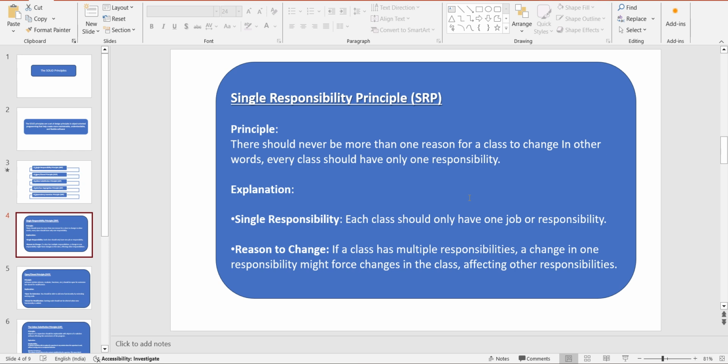So what is the definition? There should never be more than one reason for a class to change, or every class should have only one responsibility. And single responsibility, in the sense, each class should only have one job or responsibility. So we can see the example in C#,